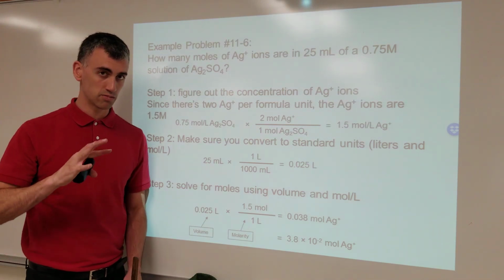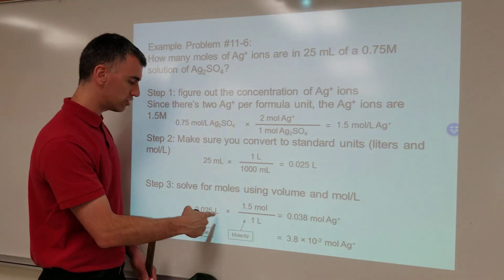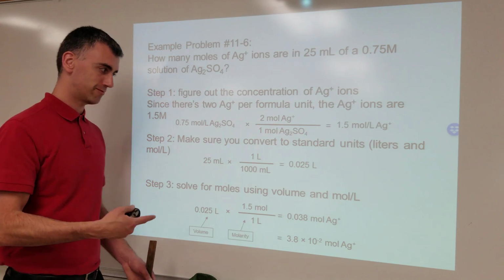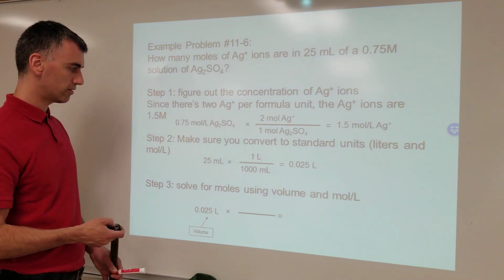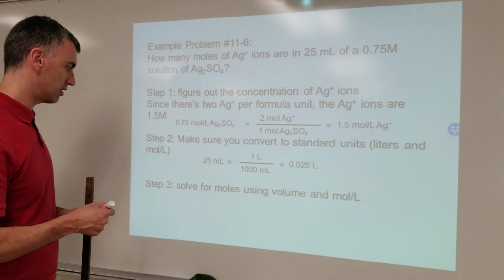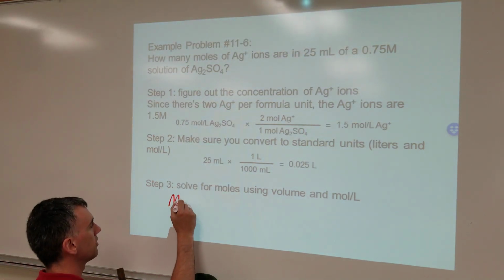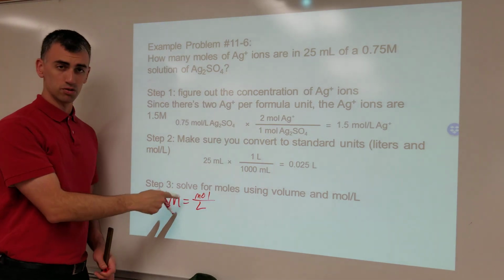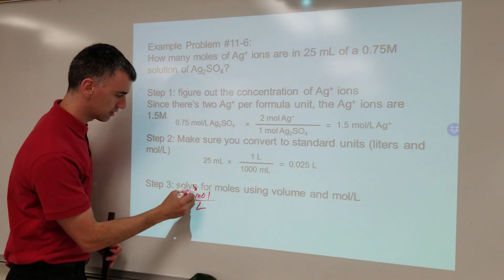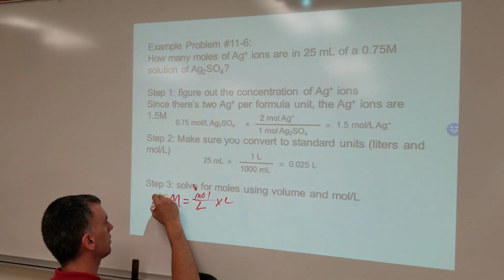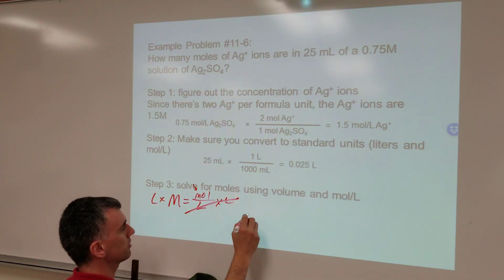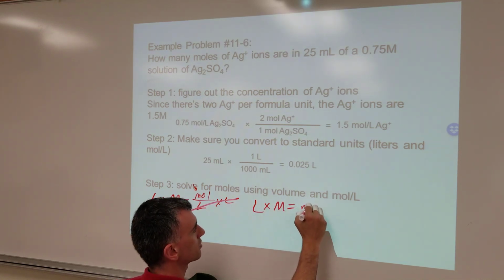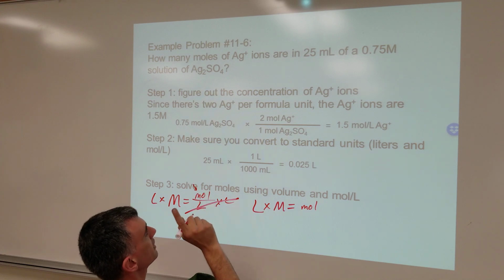Now, one of the questions that comes up with this is, wait, why do you do it this way? How did you know this times this instead of divided by or whatever? Well, I'll go back and let's look at that. So how did you even know to do this? Let's consider the equation. Molarity equals moles per liter. The question is asking for moles, so just solve for moles. So that means multiply both sides by liters, so that liters cancel liters, and then you have liters times molarity equals moles, which means liters, this thing,